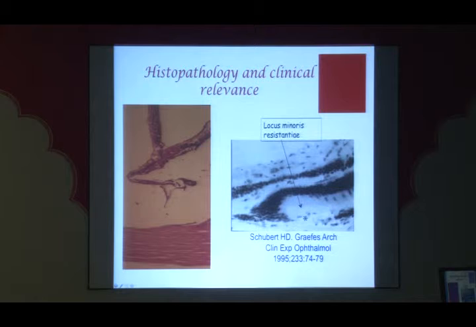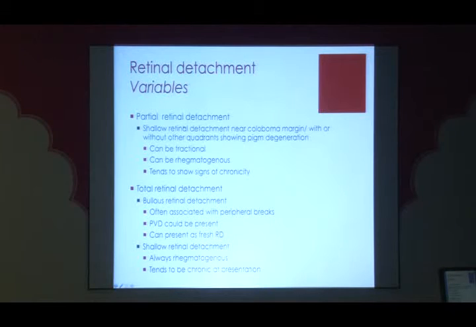And this junction was labeled as locus minoris resistentiae, and this has tremendous importance as to the contribution of coloboma in the causation of the retinal detachment. So the variables in the retinal detachments are the partial retinal detachment. It can be present along the coloboma margins very often, and this is shallow and can be tractional in origin